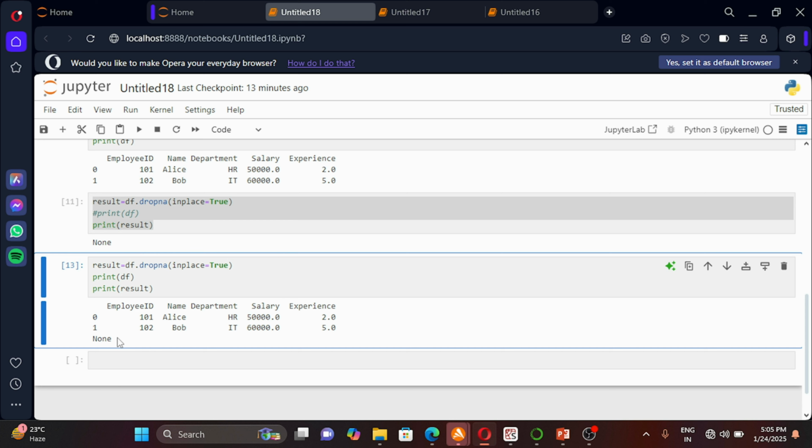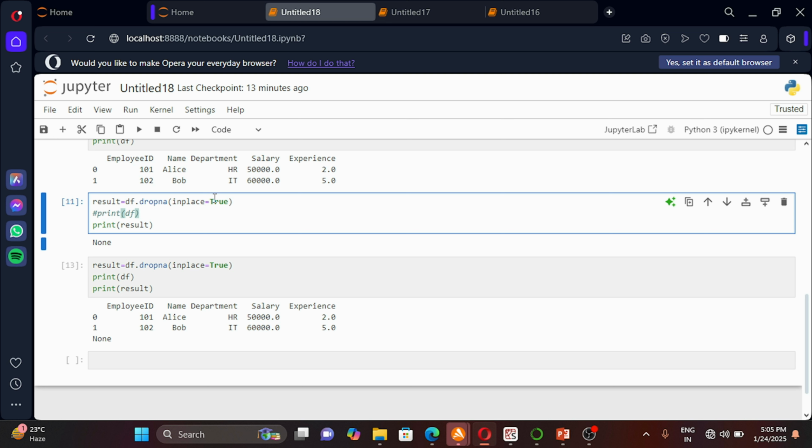What it means is that it hasn't returned or created a new data frame, it has just modified the original data. So I hope the scenario is clear. In case of inplace equal to true, there is no new data frame created. It already modifies the original data.